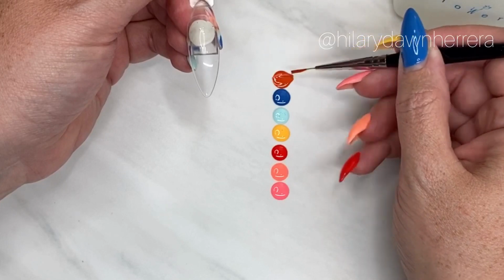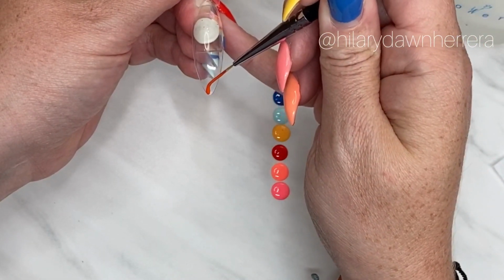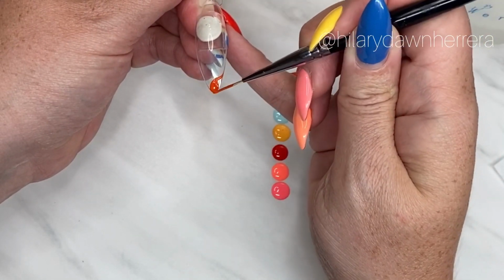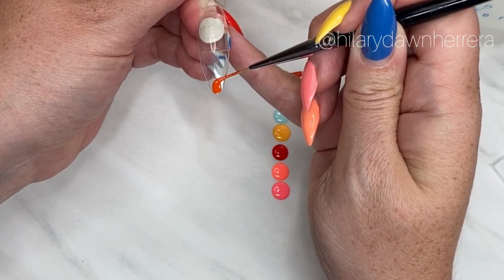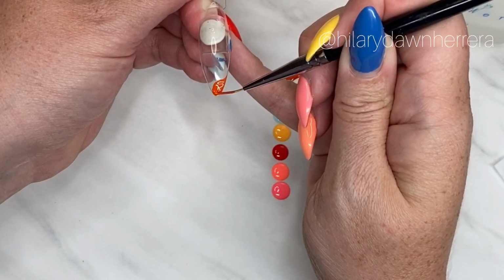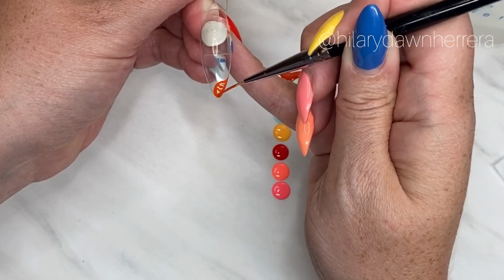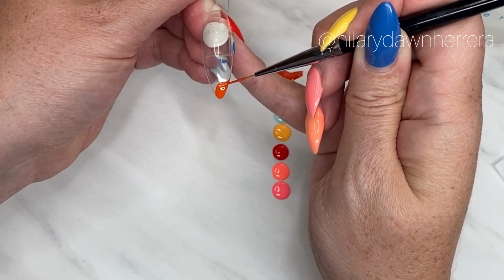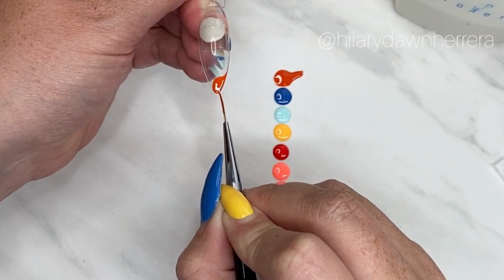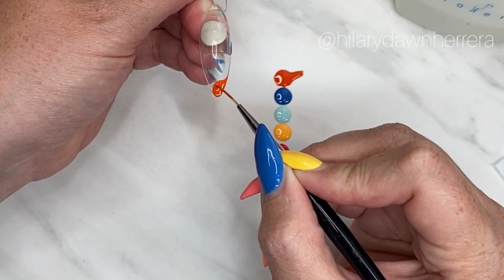I started with red rocks, and you've got to understand as I lay this down, it's just kind of wonky. My inspiration was Lake Powell, that is partially in Utah and partially in Arizona in the US. And it's this desert lake that is just the best thing ever. So this color came from inspiration from the rocks. Now what I did is I just laid it down in a little bit of a squiggle, and